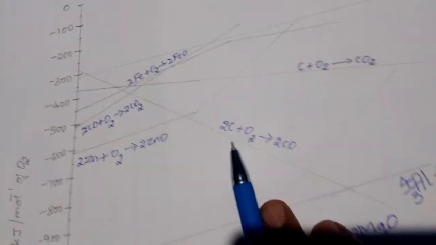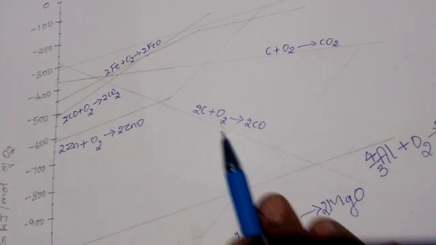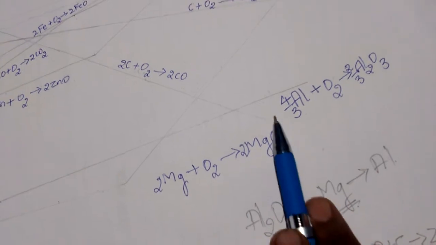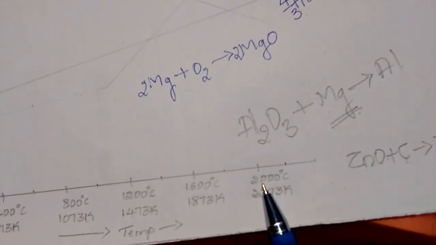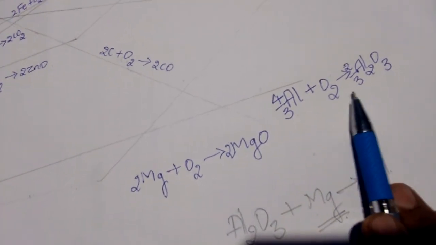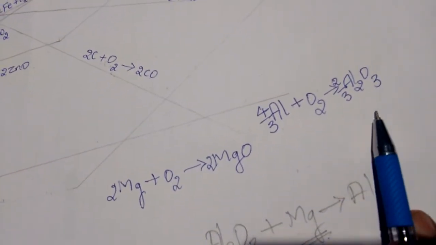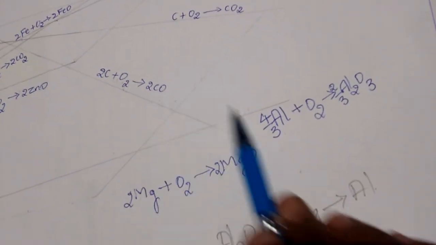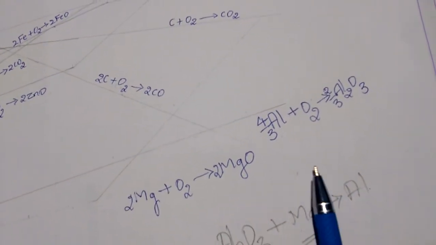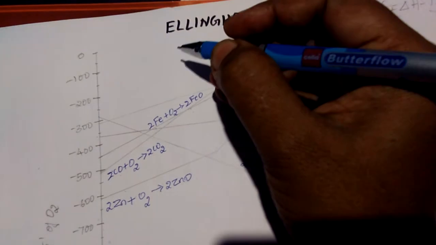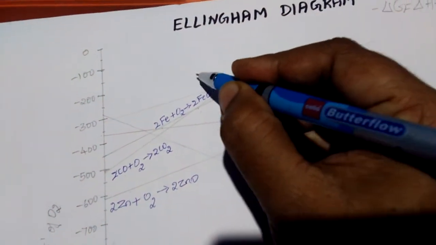Okay, so as I said, this graph indicates that coke can become a reducing agent for aluminium. But see the temperature at which it is crossing the line. Nearly at 2000 degrees Celsius it is crossing the line, which means you have to reach a temperature above 2500 degrees Celsius, and only then can aluminium oxide be reduced using coke as a reducing agent. That is difficult for manufacturing methods. Okay. The last one, this line.